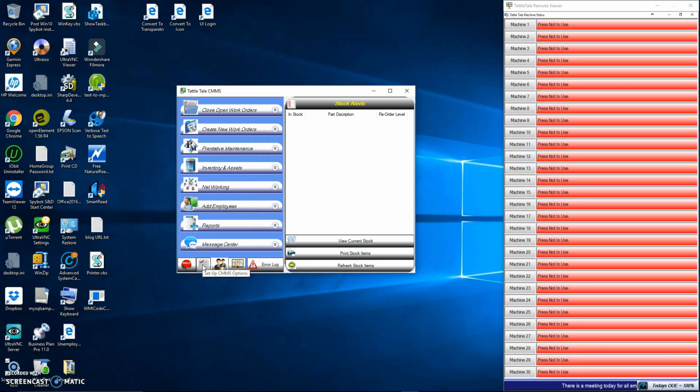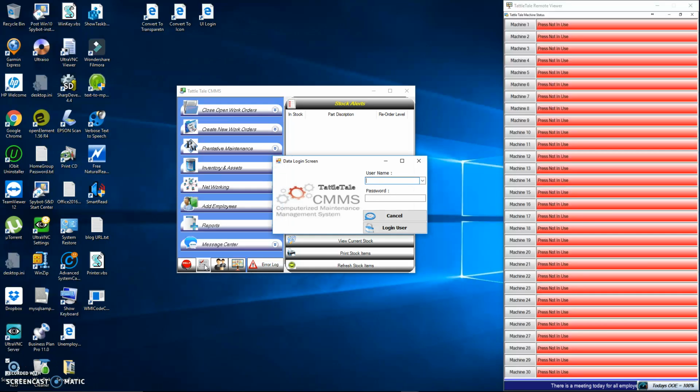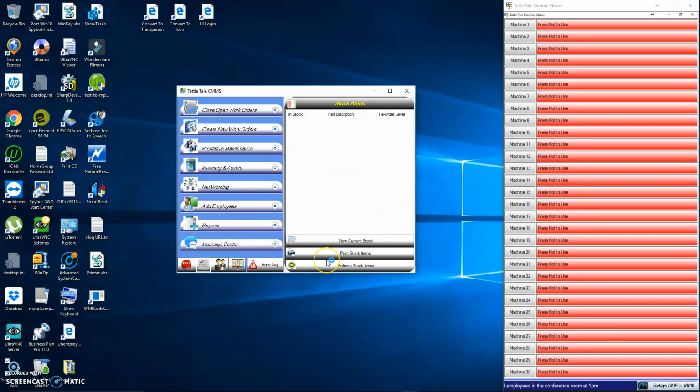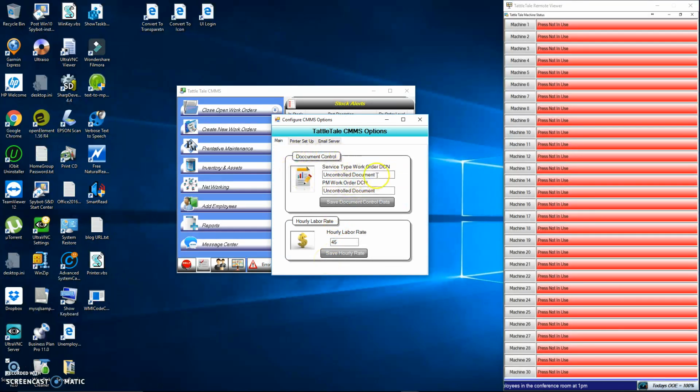Okay, so now our CMMS options. As for CMMS options, you have to be at least a manager, which we looked at back there. We don't have a manager right now on the list, so we're going to use the admin password, just because I know the password and it's simple. Once I do that, a member of management or administration can set up your service type document control numbers,